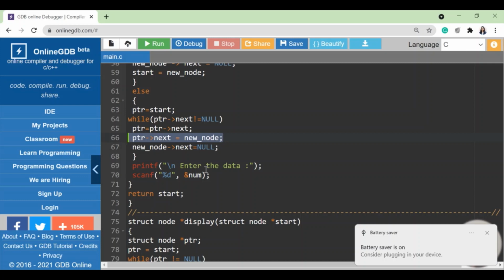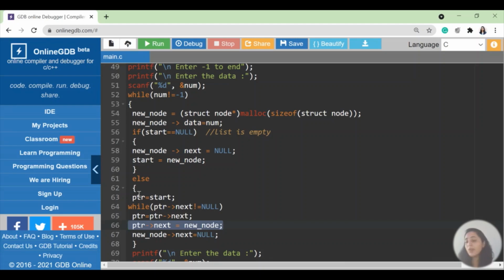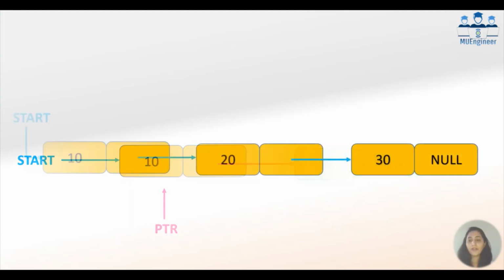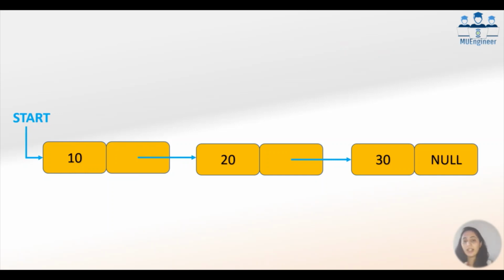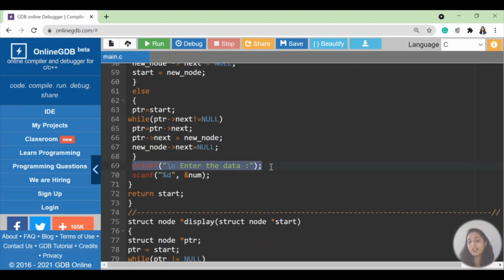Now in this case what we will do next is, we will again come out of the while loop. And here again I'm going inside the while loop, and suppose if you see here I want to insert a new node 30 again. So again that way we can add a new node 30 and that becomes the last node, and there we finish. If I want to stop this loop, I had to put only this many values in the linked list, so I'm done. Whenever it asks me to enter the next data which you want to insert in your list, here I'll put -1.